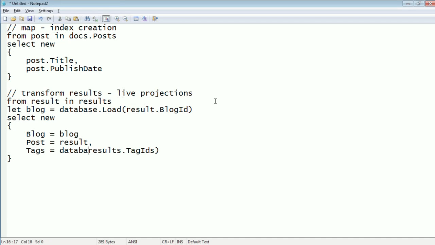Yeah, I can do this. Something like this. Now, by the way, this is a very bad design for a document database, but bear with me. This means that, okay, here are the tag IDs. Let's go and load all the tag IDs that we have and put them into tags. So this is now a three-way join.